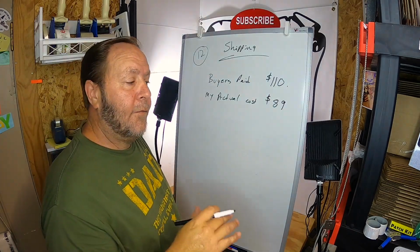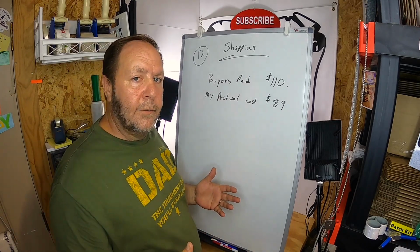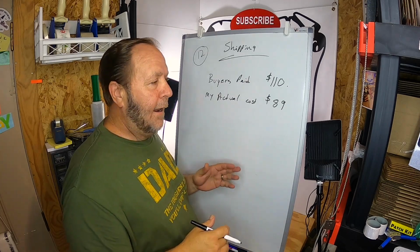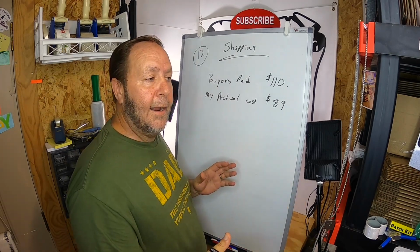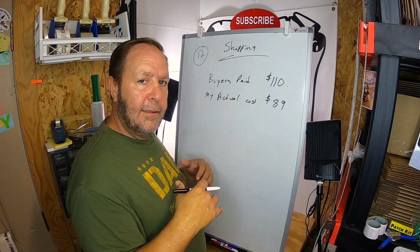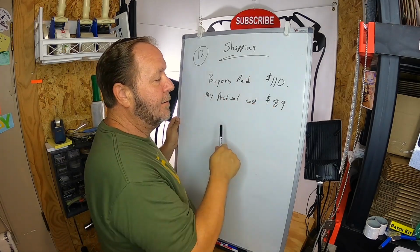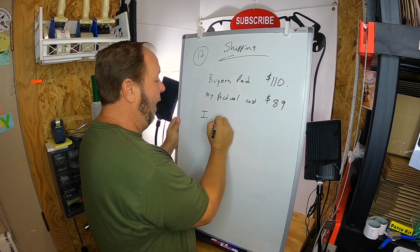Now, why is that? Well, if you print a label off of eBay, or if you use a shipping program, you generally get a commercial rate. The normal person, if they're going to go to the post office and mail an item off, has to pay the full price. Doesn't matter. Someone may be mailing something from 100 miles down the road, or maybe mailing across the country, and the post office is going to charge the max amount that they can for that package. But as an online seller and going through eBay, printing the shipping labels off, you get a commercial rate. Sometimes it's up to like 30%. It's quite a difference. So that's why buyers paid $110, and my actual shipping cost for every one of those 12 items was only $89, which means I earned